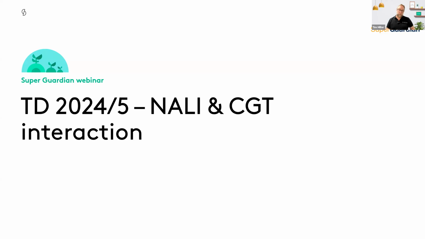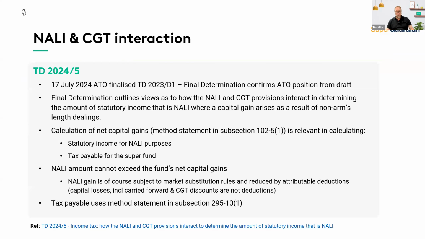So the final piece that I want to talk to you about today, and then if you've got any other questions, please put them in the Q&A box, is tax determination 24/5, which is to do with NALI and the CGT interaction. And this is an area, again, where it results in effectively a disproportionate amount of income potentially being taxed as non-arm's length income. And ultimately, all we can really say is this is how the tax law is written,